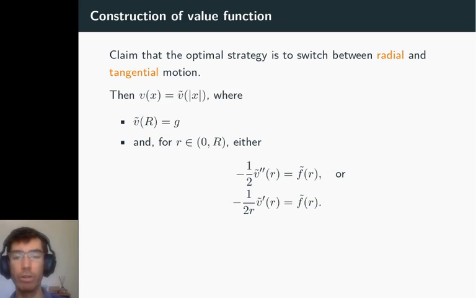Now, in a region where the optimal behavior is radial motion and the radius process is behaving like a Brownian motion with this generator, we then expect this second order ODE to be solved. And in regions where tangential motion is optimal with the deterministic radius, then we would expect this first order ODE